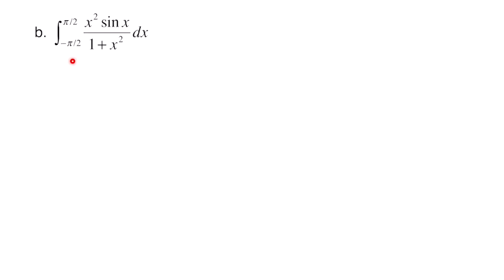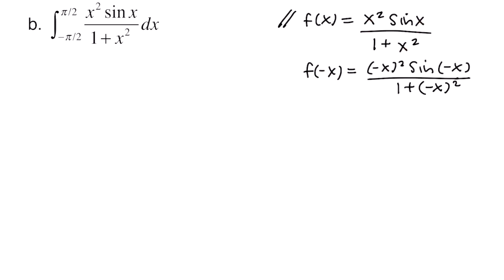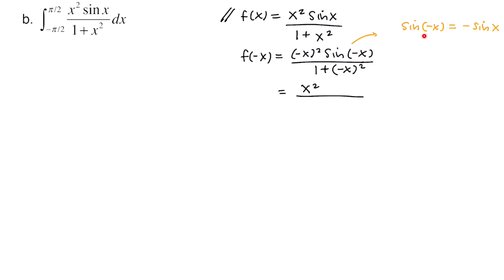This example says the integral from -π/2 to +π/2 of x squared sine of x over 1 plus x squared dx. So we're letting f equal this entire expression, and we want to check if this function is even or odd. So we're going to plug in -x for all of the x's. So we have -x squared, and that just equals x squared. Right here we have sine of -x. Sine is an odd function, so sine of -x equals negative sine of x. So I just rewrote this as negative sine of x. And then in the denominator, we have 1 plus x squared.